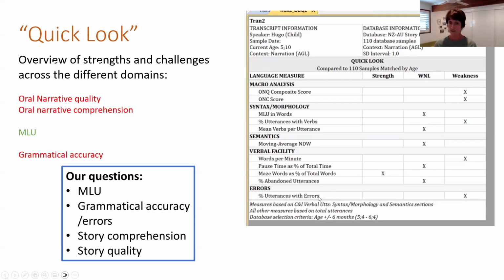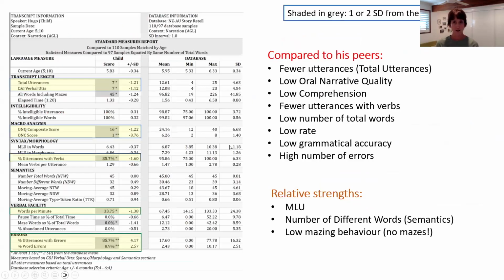But we're interested in the percentage of errors, and we can see that was definitely higher than we would expect from other children aged between 5'4" and 6'4". So then, not to overwhelm you too much, but a standard measures report would look like this, and then highlighted in yellow. So those are the asterisked